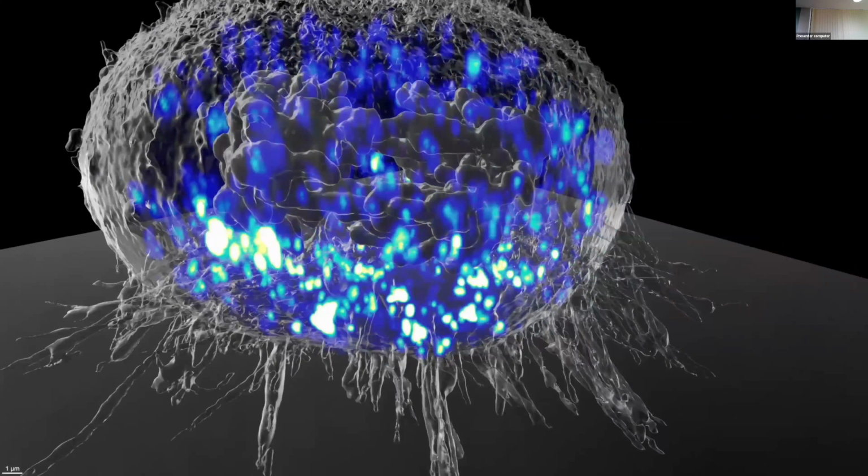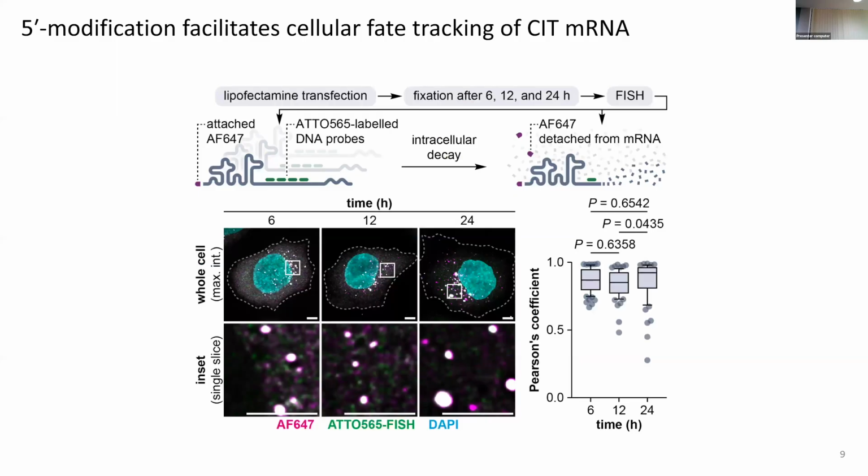in the mitotic cell. So you can ask, well, if the signal is actually corresponding to the localization of the mRNA or maybe free dye. So to confirm that the localization indicates the actual localization of the mRNA, we performed FISH, and we correlated the signal of the dye attached to the mRNA with the FISH probes. And as you can see here, the correlation was really good at 6, 12, and 24 hours, despite the degradation of the mRNA and release of free dye. We think it's because the dye doesn't relocate to other components and stays at the same place where it was